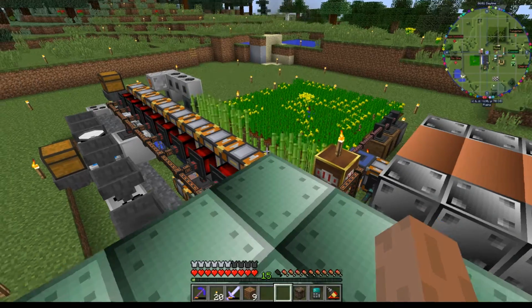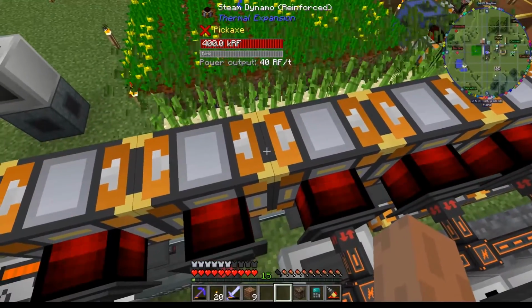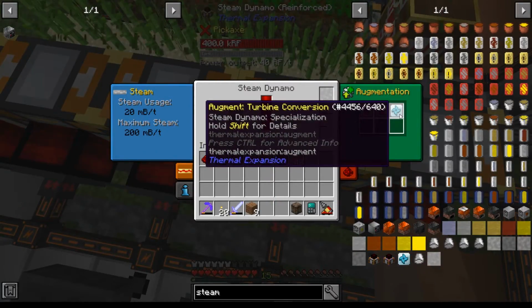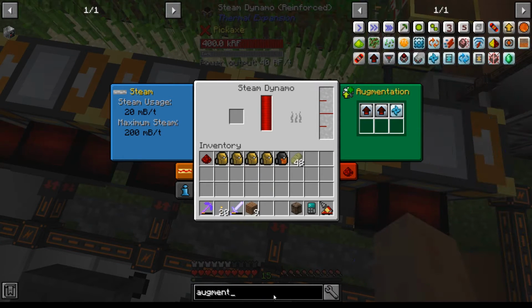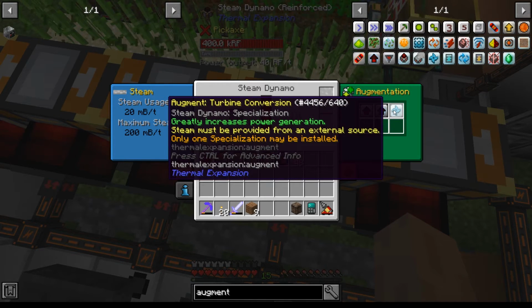Okay guys, so let's put an update on what I was working on. As you can see here, I actually upgraded all of these dynamos to reinforced, and more importantly, I also put turbine conversion augments on them. These conversion augments, it's easy for me to forget about them, but specifically the turbine conversion augment is only